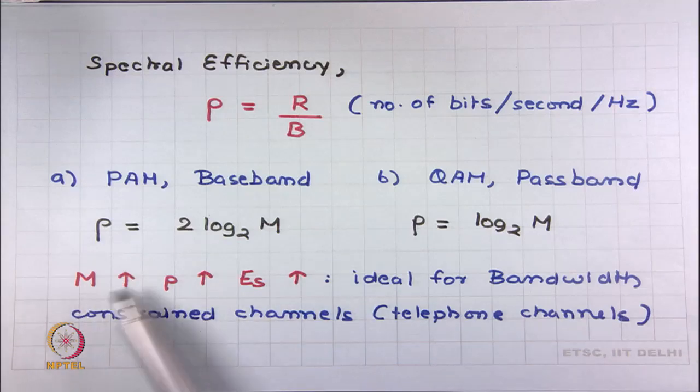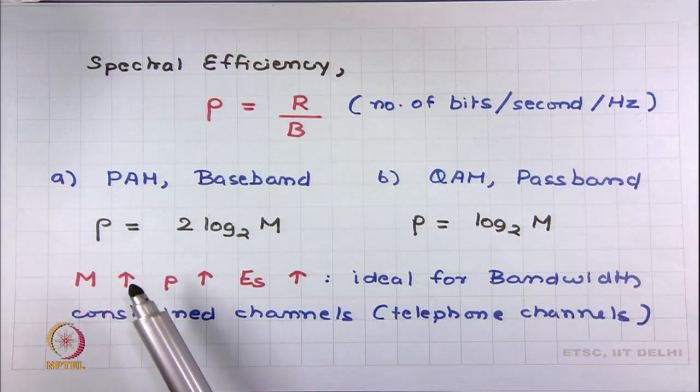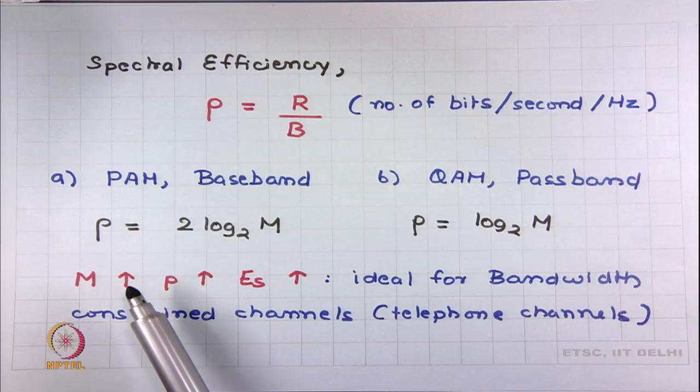Important point is, as you increase m, the spectral efficiency improves. That means you can pack in more bits per second over that channel. But also the symbol energy increases, we have seen as m increases, ES increases, and that means there is a trade off between the symbol energy and the spectral efficiency. If you want to have higher bit rates over the channel, you need to have the modulation schemes with higher m,